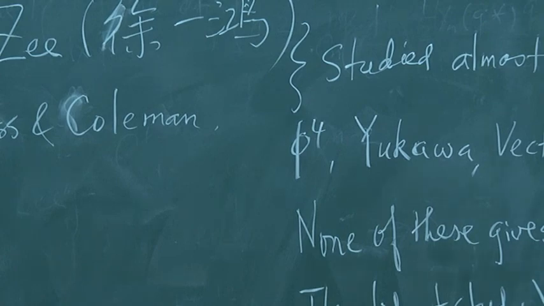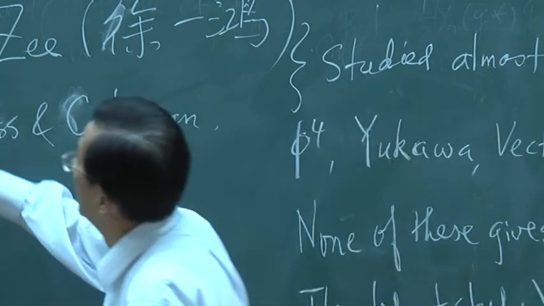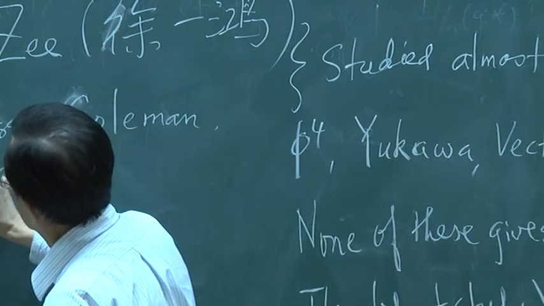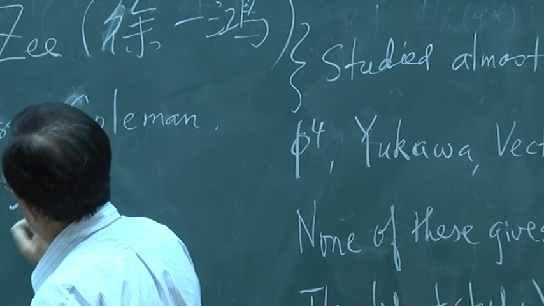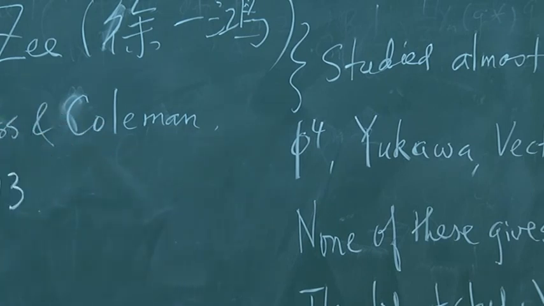So they did not know whether this theory has a negative beta or not. And this is already in 1973. And then when you go back and study this history,